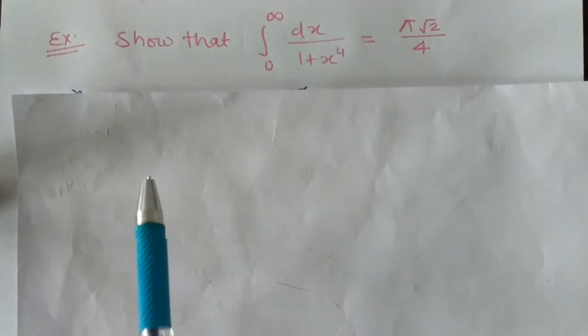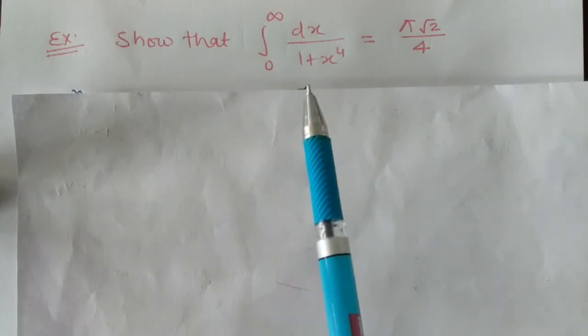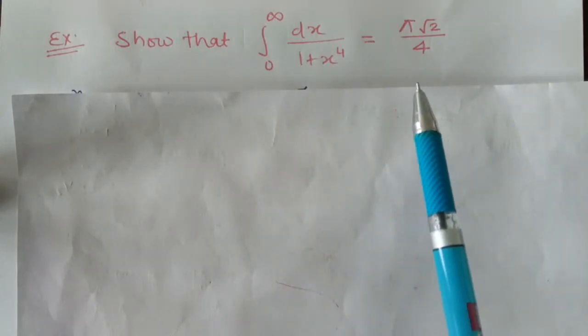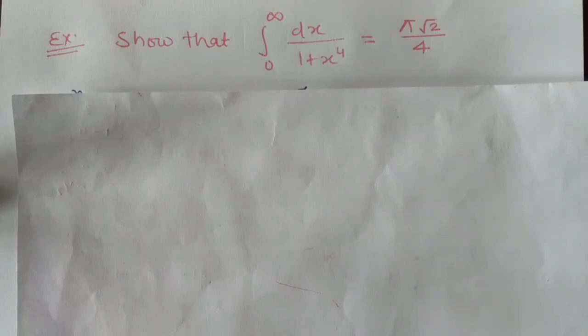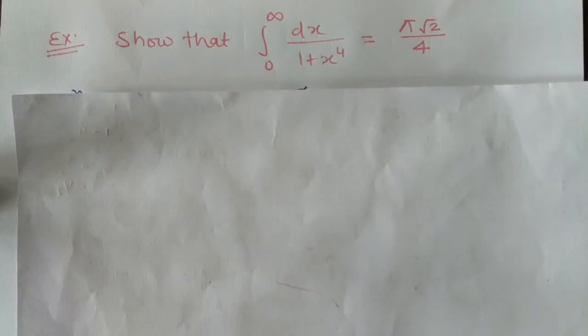Next example is to show that the integral from 0 to infinity of dx upon 1 plus x power 4 equals pi root 2 by 4. We can solve this integral by using the improper integral form of the beta function by putting x power 4 equal to t. But here I am going to solve this integral using the trigonometric form. So we know that